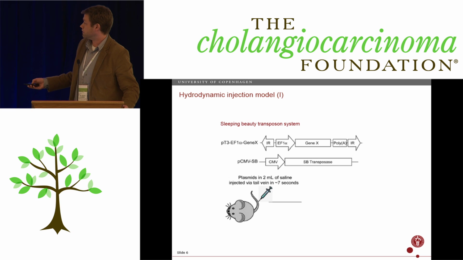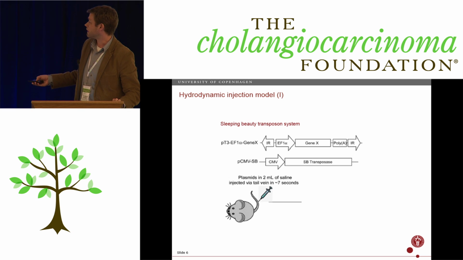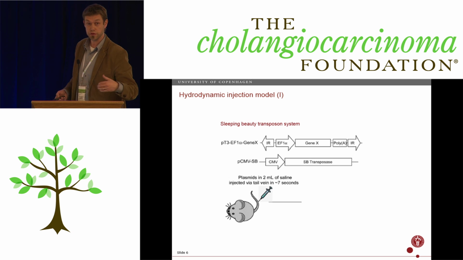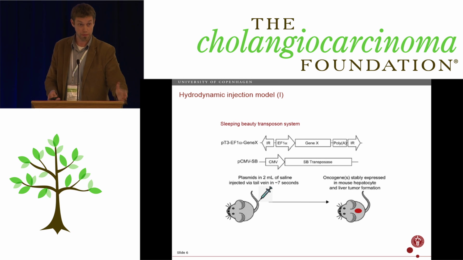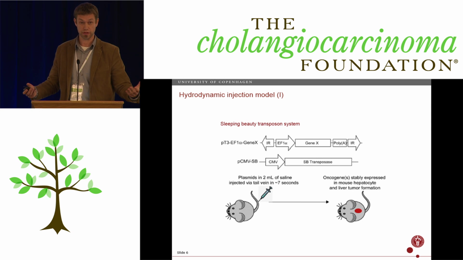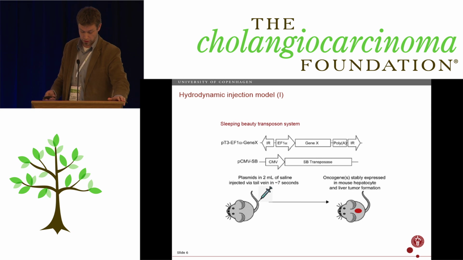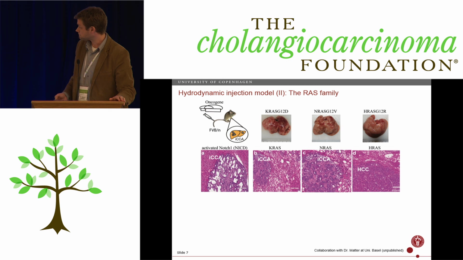using the Sleeping Beauty transposase and selectively adding in your oncogenic target, and by a very high volume injection in the tail vein of the mouse, basically inducing a cardiac arrest in the mouse, and then the mice recover again, you get tumors basically all over the liver by uptake into the hepatocytes. So not necessarily the best type of model for studying therapeutic responses, since you have tumors everywhere in the liver, and that's typically not how you see a patient.